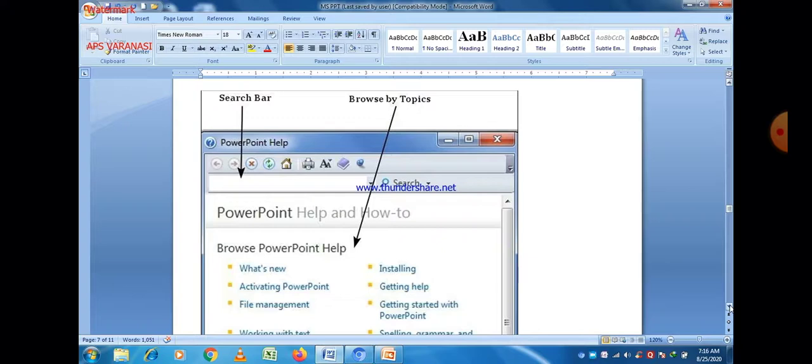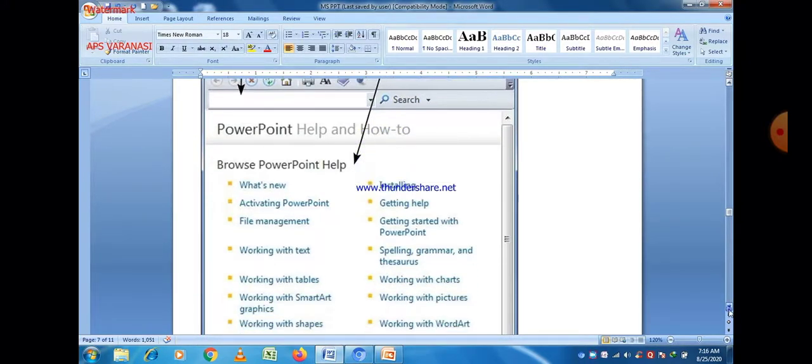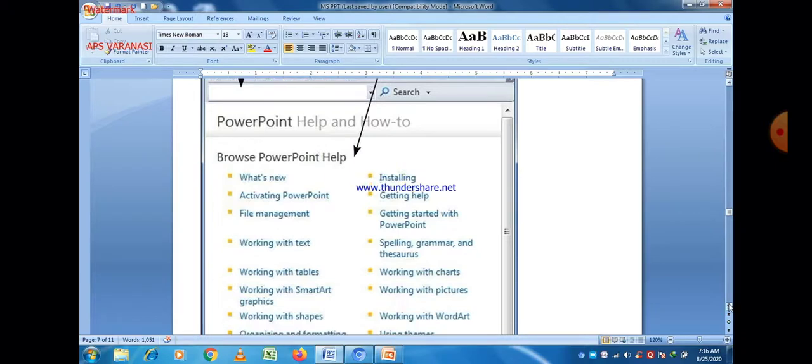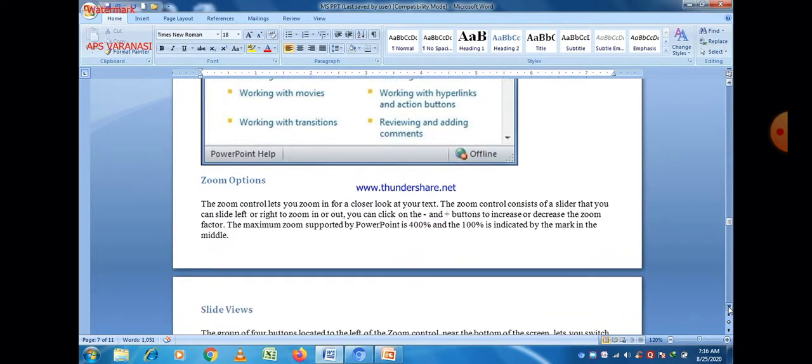You can browse by topics. Whatever you research, that type of help will be provided to you by MS PowerPoint. Working with tables, working with charts, so all these types of help are there.